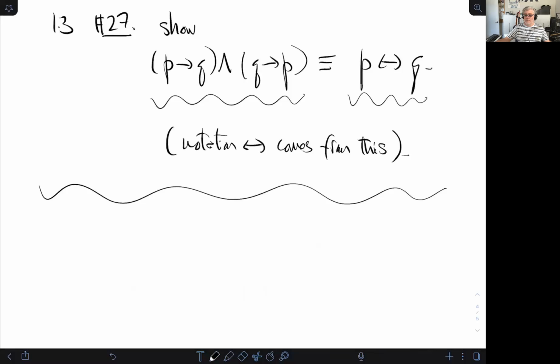Okay, one point. Sorry. Also, for number 27, since the statement on the left is basically the definition of what's on the right, could we simply say that instead of doing a truth table? Well, as I said, that's not really how we defined it. You can define it that way, but we defined P if and only if Q by the truth table, saying it's true when